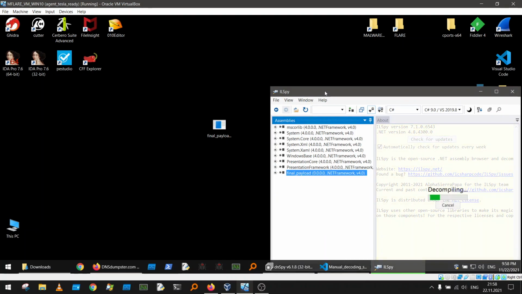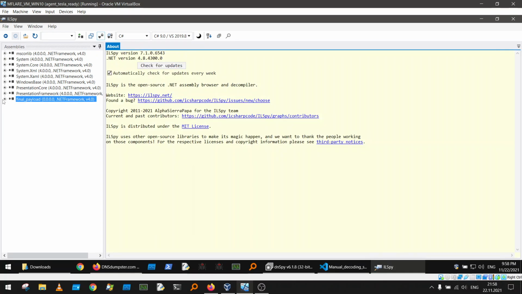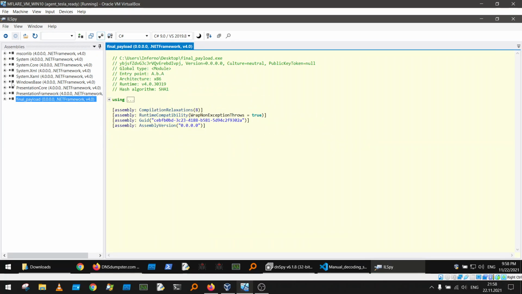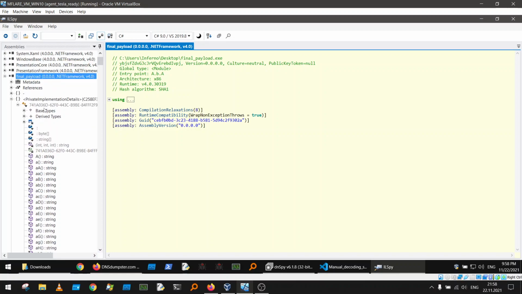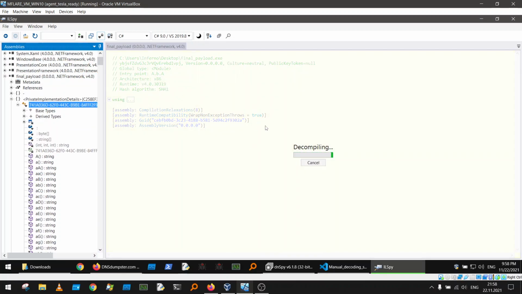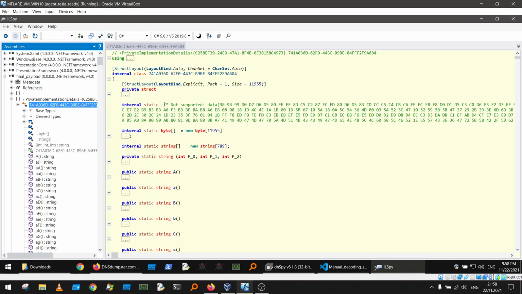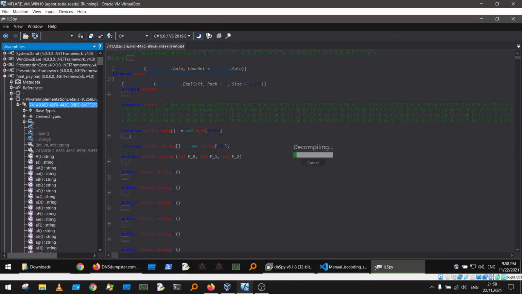here is the final payload. Where is it? Yep, here. You can see here is the namespace and class for the decryption, and if you check it here, you will see it all. First of all, DnSpy also has a dark theme. Maybe for some of you it will be nicer and